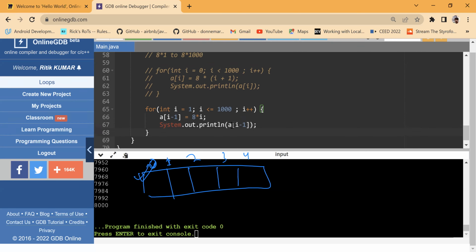A of I minus 1, not I. Here also I minus 1, because for the first iteration, when the loop will run for the first time, I value is 1, but I want to update a of 0 in that time, right? I don't want to update that. So I'll update a of 0. I'm updating a of 0 with 8 into 1. So 8 into 1 is 8. So I'll update a of 0 as